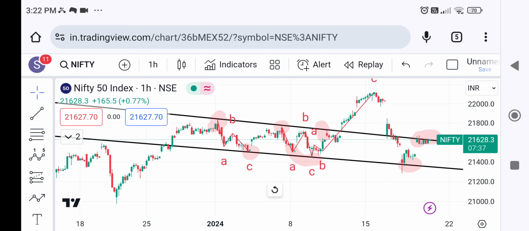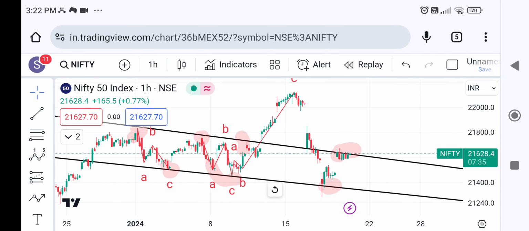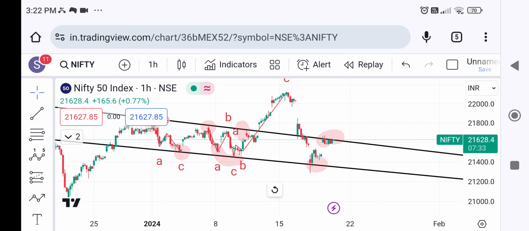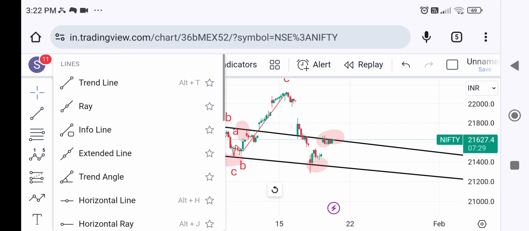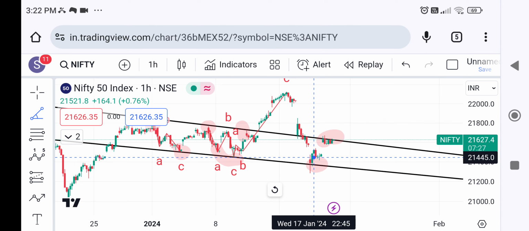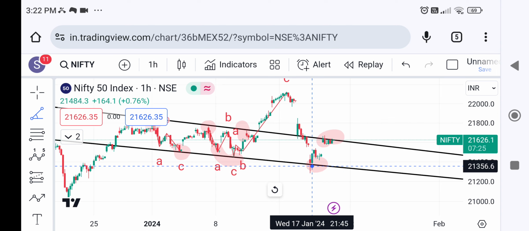So this I had clearly mentioned in my previous video, that we may see a false breakout. If you look at the previous video, we may find a false breakout, and I had asked to observe this lower trend line. Hope it would have helped